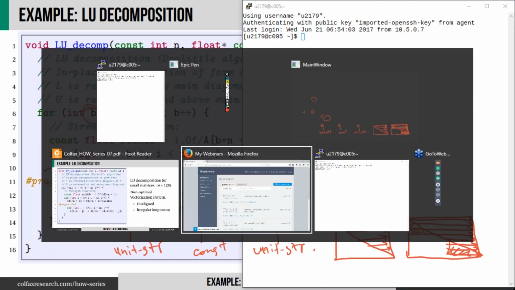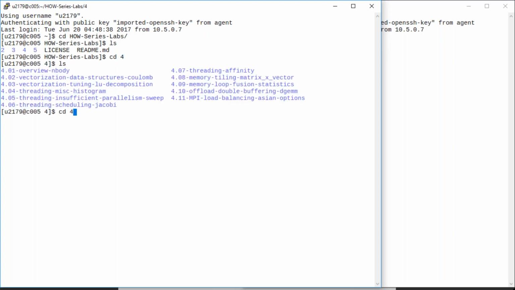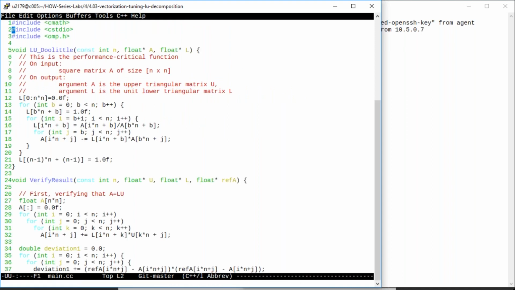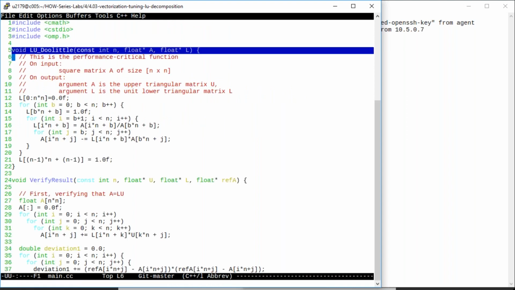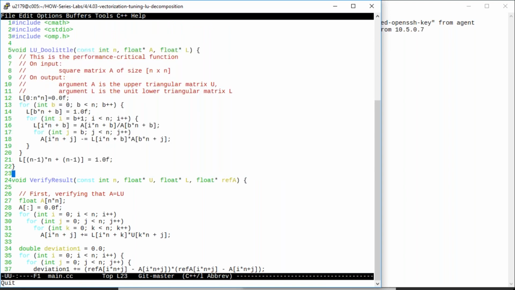Well, I promised a practical exercise, so here it is. I am on the cluster, and when you log in, you can go to the House Series Labs, enter chapter 4, and in chapter 4, go to 403. In 403, I have main.cc, and right on top, it has the algorithm that I want to apply to my code. You can see that it's slightly different from what I showed, because I already separated L and